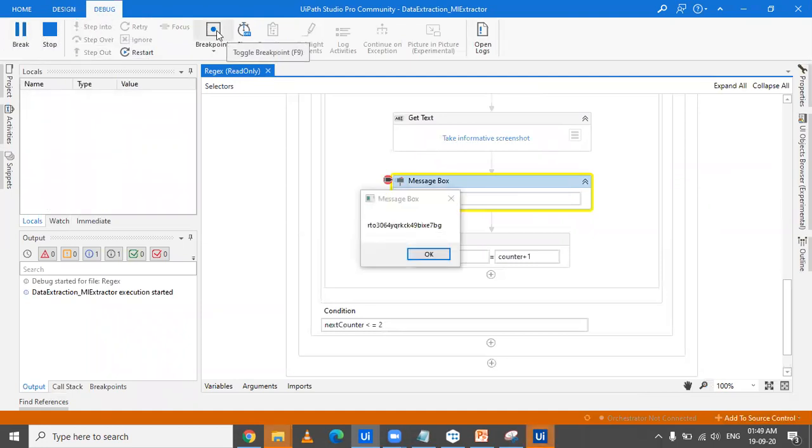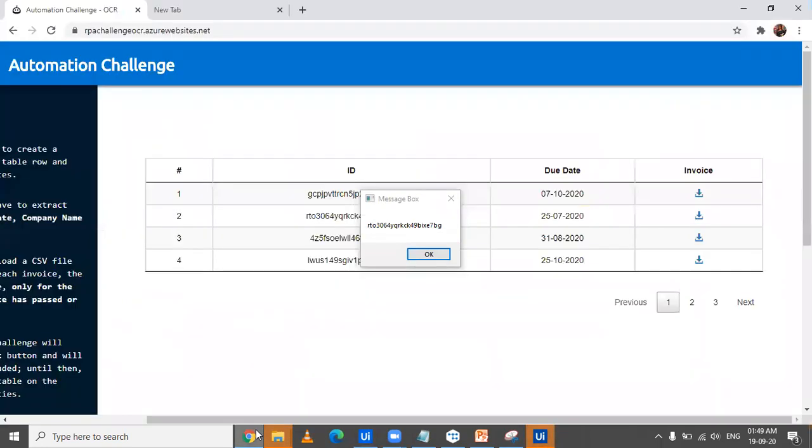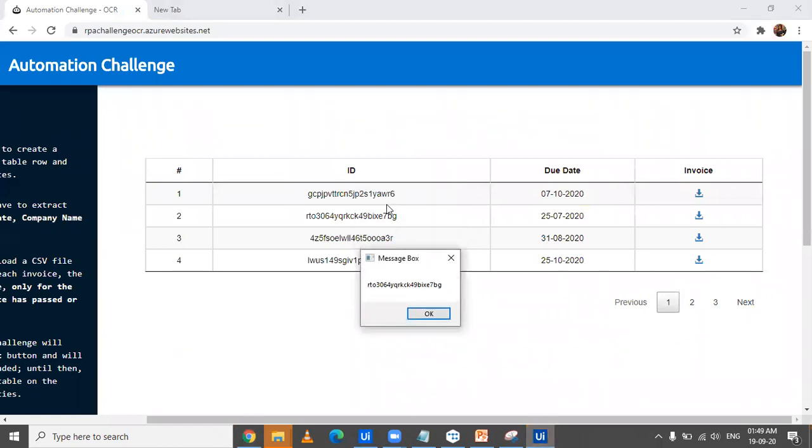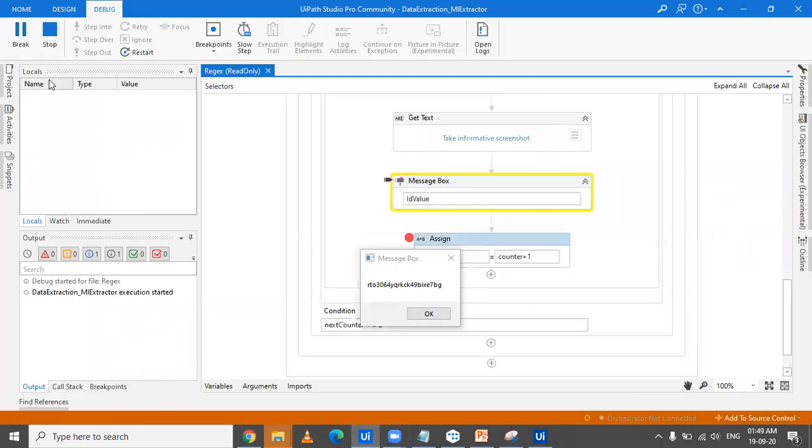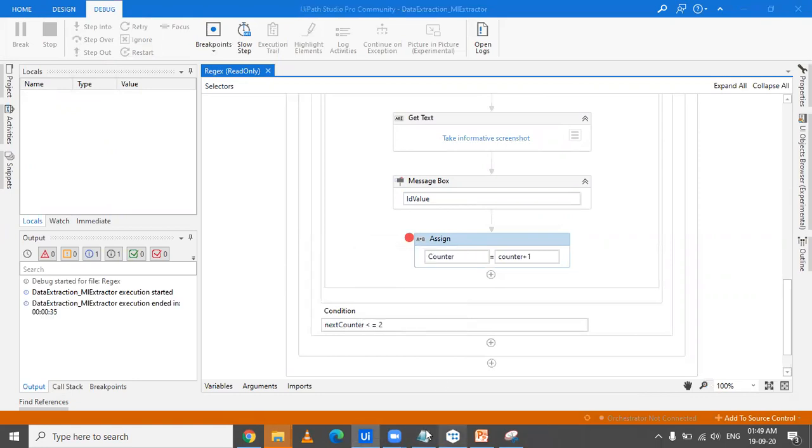Okay. So I've got the first ID with me here and the counter would be incremented. If I just go back and I see, so it's ending with 7BG. So it's not picking up this ID because I must have taken that table row thing instead of this thing.